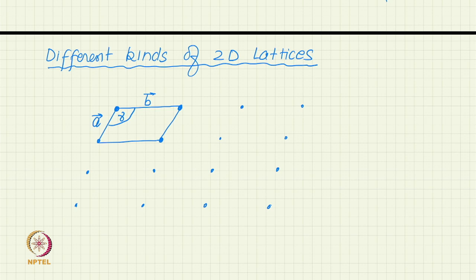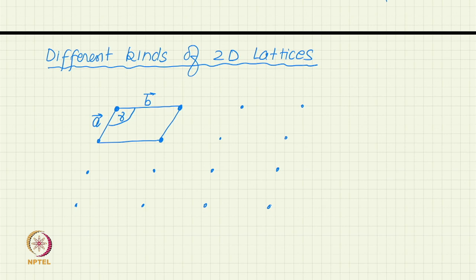If gamma is 0, then you do not have a 2 dimensional lattice, you have a 1 dimensional direction, and if a or b is 0, again you lose the periodicity in that direction. So, once you have 3 non-zero numbers a, b and gamma, you get a lattice, and infinitely many variations are